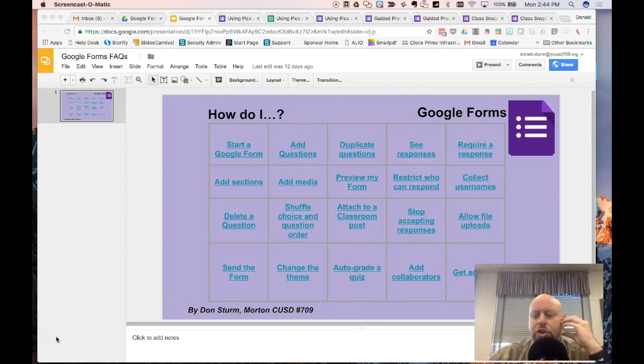So hopefully I've given you some things to think about as you decide when and how you want to use Google Forms. Again, I think a very powerful tool. I think a tool that is fairly straightforward to use. What I would suggest, a couple of things. One, if you come up with a great form,